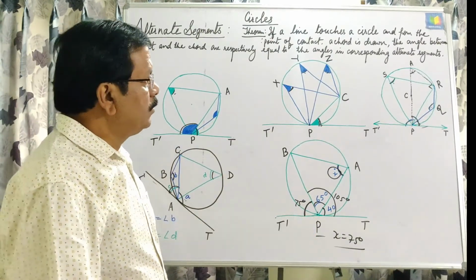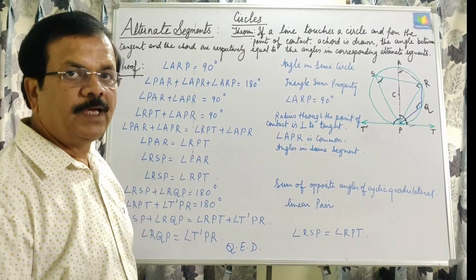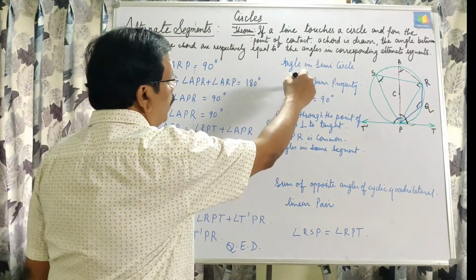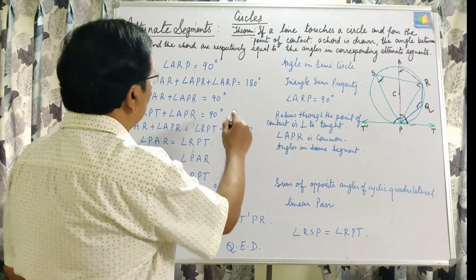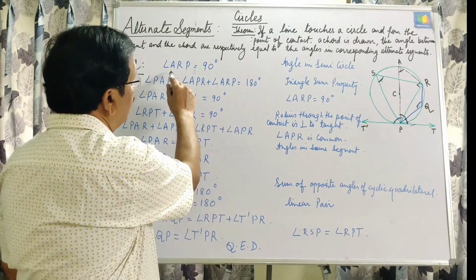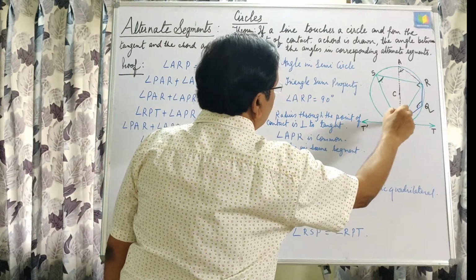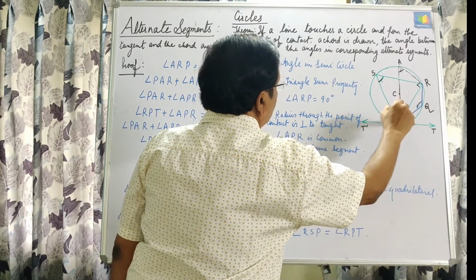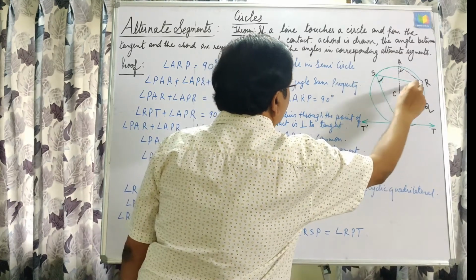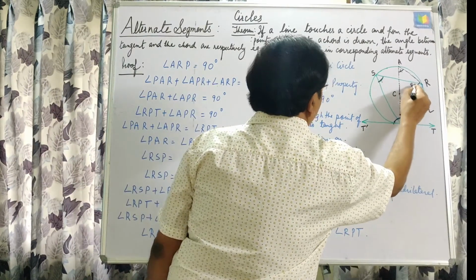Now I am going to write the theorem in detail. Actually, in geometry, once you are proving any theorem or any question, you should write reasons for each step, and this is the way of proving this. I just discussed it in detail, and now with the help of this, angle ARP is 90 degrees. This angle is 90 degrees because we have drawn the radius from the point of contact to the center of the circle, and this is the diameter. So this angle in a semicircle is 90 degrees. Angle ARP is 90 degrees.